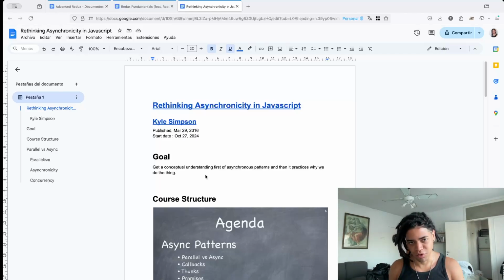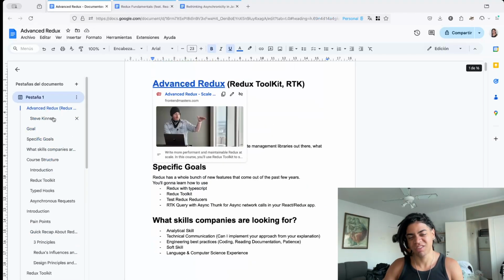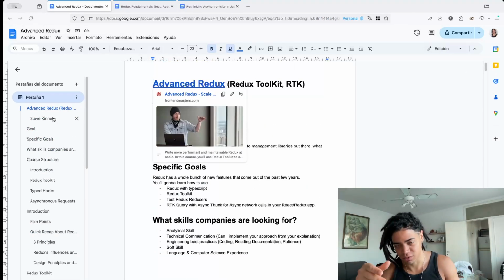Why is this important, you may wonder. Well, because it all starts by understanding this advanced Redux, or this specific middleware in Redux called RTK. The problem that this library solves is that it requires less ceremony when it comes to defining and building the update logic, or this state update logic,